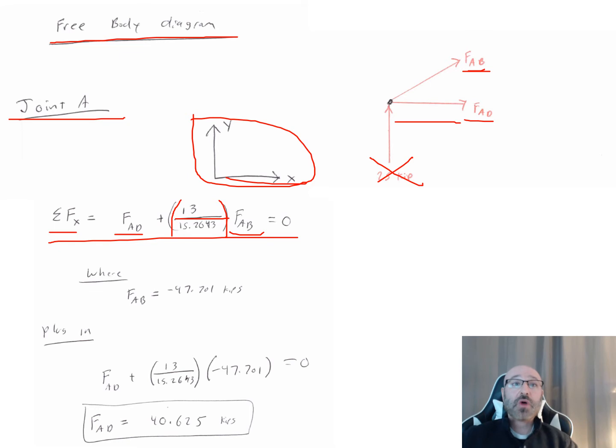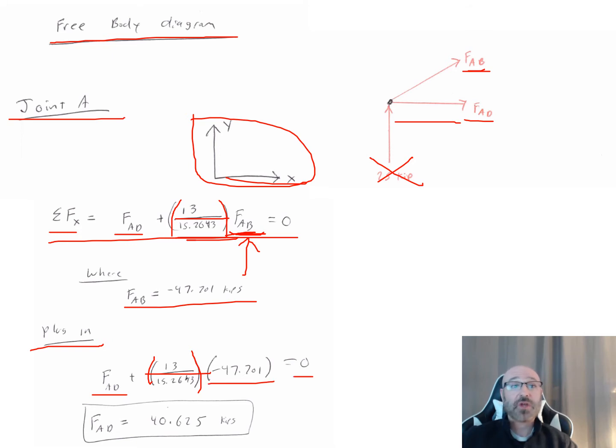So two unknowns technically in this right here now, but I already know the FAB I'd solved for from my y direction previously, and that is negative 47.701. So I can take that and plug that in for my FAB right there, multiply it again to get the x component of that now, plug in everything I know, so FAD is plus my, breaking this down into components, my 13 over my 15.26 times that FAB of negative 47.701 that we've already found